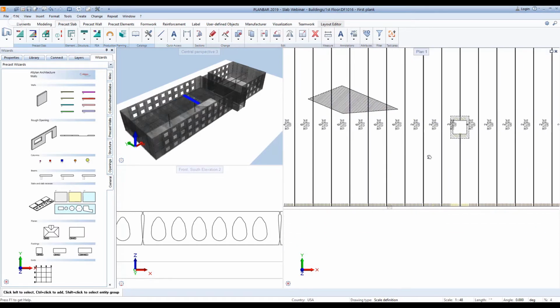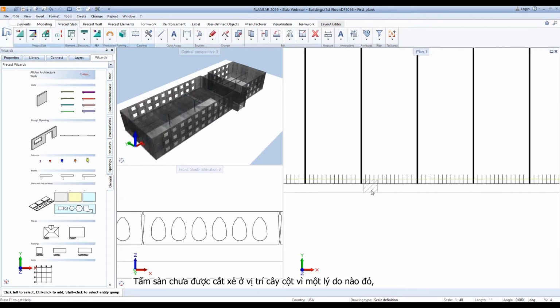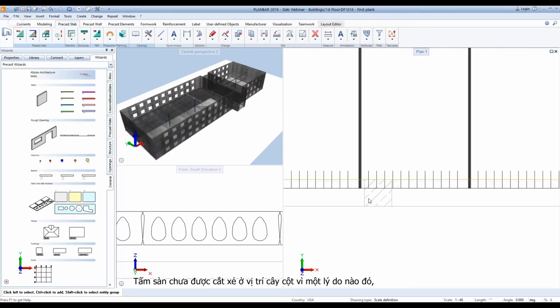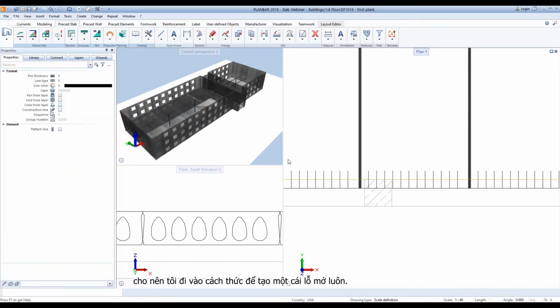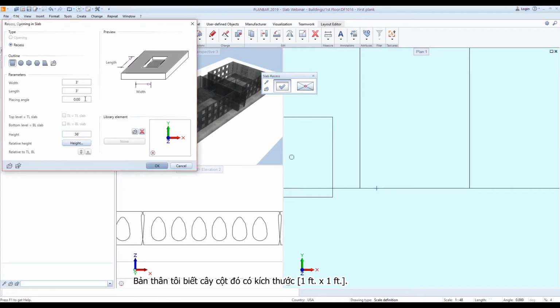So now I'm going to go ahead and enter in an opening. Actually, look, you can see this column here. It didn't cut out for that for some reason, so it can just come around after the fact if you would like, and we can enter in an opening. Now I know that column myself, it's 1 foot by 1 foot, so we're going to go ahead and say we want a 1'2" opening by 1'2",